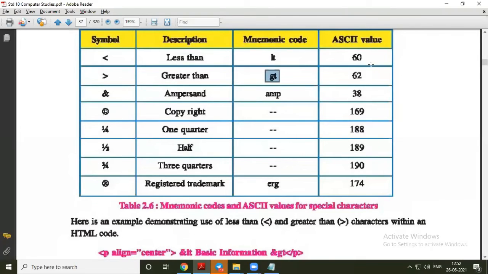When you press capital A on your keyboard, the ASCII value is read as 65. The computer gets a signal of 65 in binary form. That binary conversion is done internally inside the computer, and the computer reads each character in that manner. Same way, ASCII values are there here.